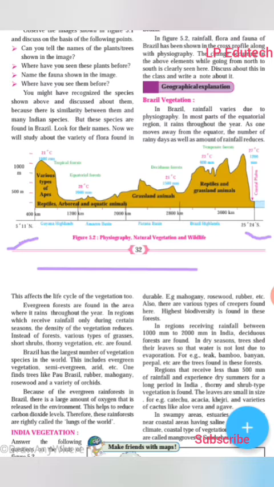Amazon basin, then we have different regions, and its extension, 2000 kilometer, 2800 kilometer, is given. Again, its features are given: what type of physiography and wildlife is found. The various types of apes and reptiles, then birds and aquatic animals seen in a particular region are shown. So in a particular region it is written, therefore it will be easy for us to